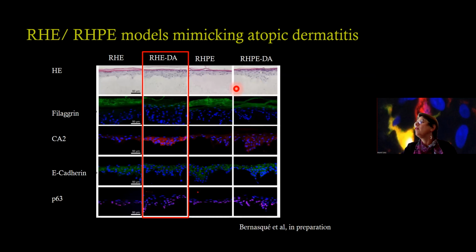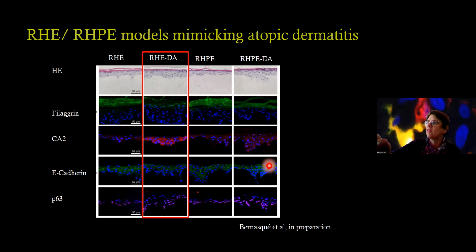You have still expression of filaggrin. We do not have this high expression of carbonic anhydrase 2, and we have also still expression of cadherin. So this model of reconstructed human epidermis to mimic atopic dermatitis is more relevant if you want to screen some